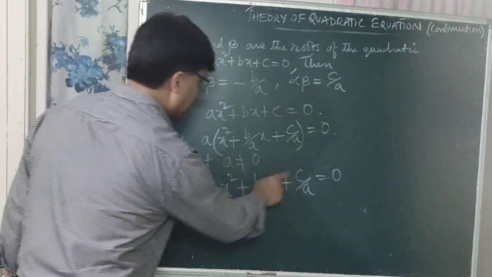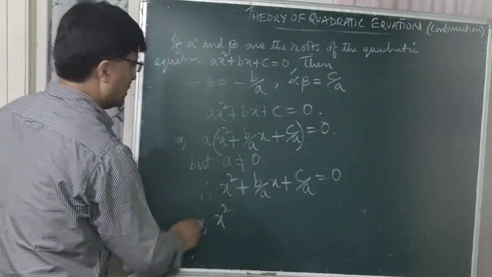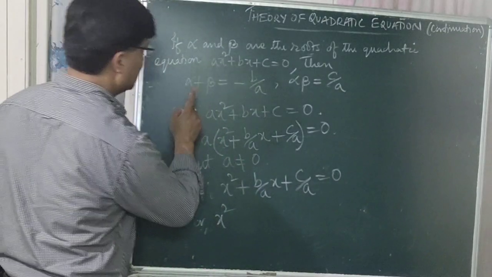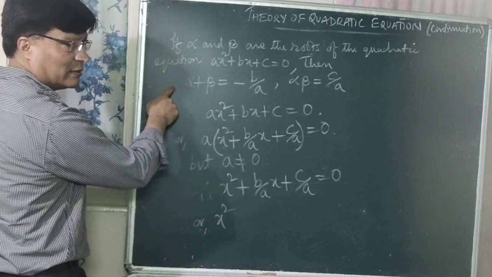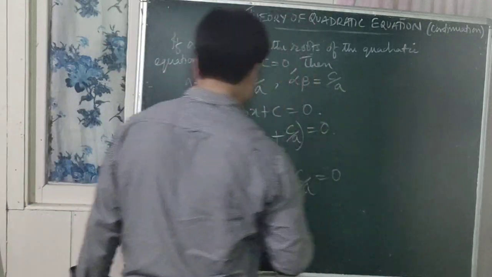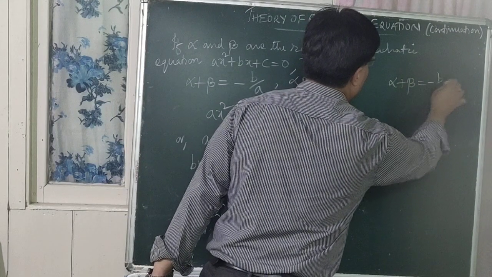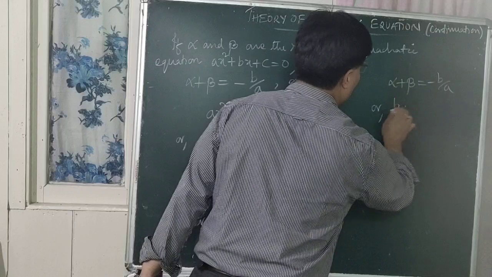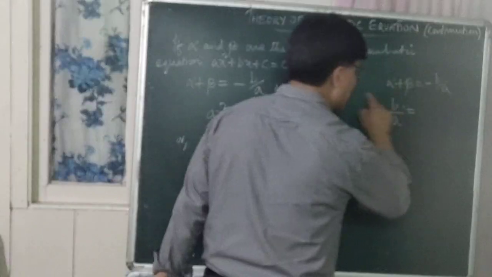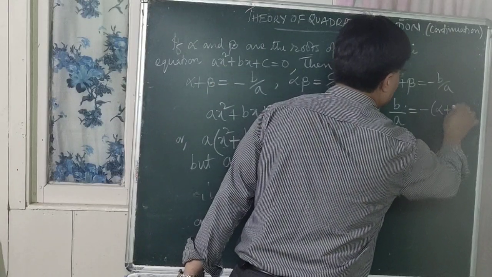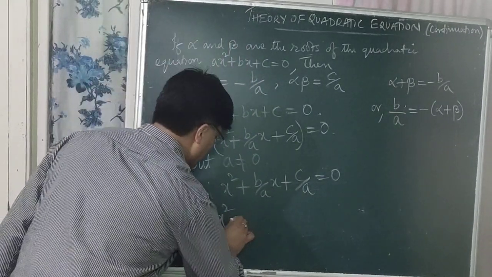Now you can put the value of b by a as well as c by a in terms of alpha and beta for x square. What is the value of b by a from here? Alpha plus beta is equal to minus b by a. Look at the blackboard. Alpha plus beta is equal to minus b by a. Or what is the value of b by a only? The minus changes side. So what is the value of b by a? Minus, within brackets, alpha plus beta. Okay. So now here write x square minus